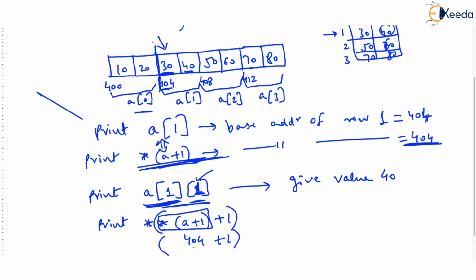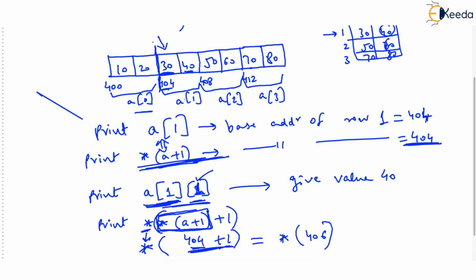Now you are adding 1 to 404, but listen, you are adding 1 to an integer pointer. That means, if we assume every integer consumes 2 bytes, then this value is not going to be 405, but it's going to be 406. So we have already solved this asterisk. This gave us 400. We have added 1 and the outer asterisk is still remaining. So this gives us *406.